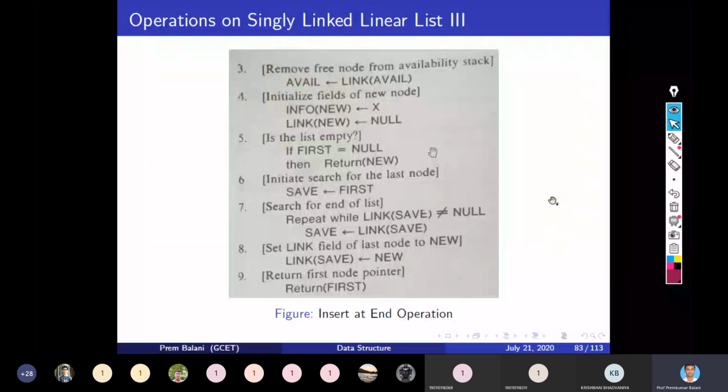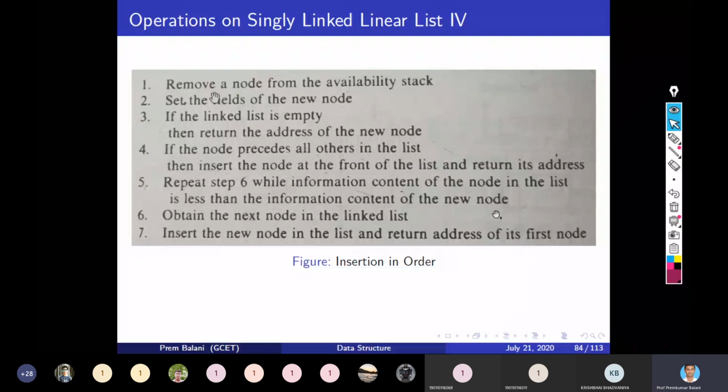I don't know whether we have gone through the insert-in-order operation or not. Yes, I think we had gone through that also, because I remember that I discussed this insertion in order.